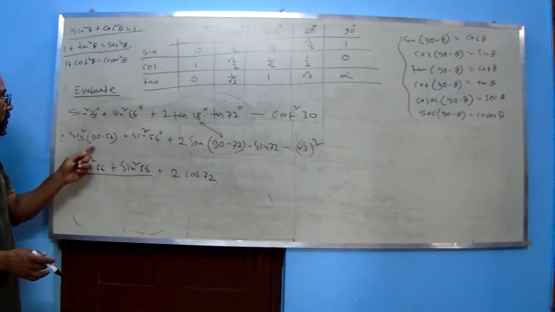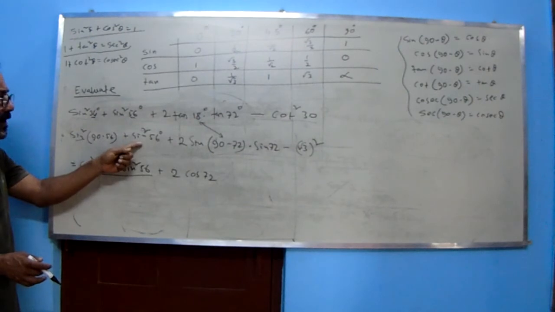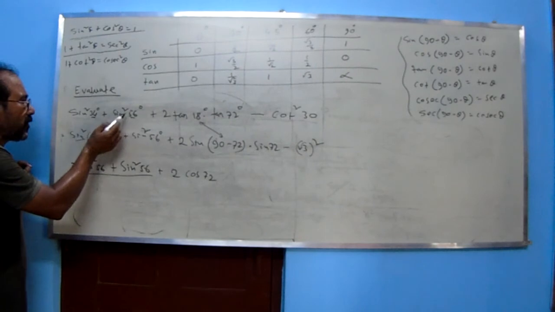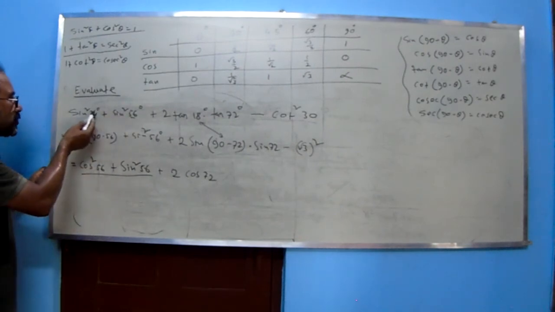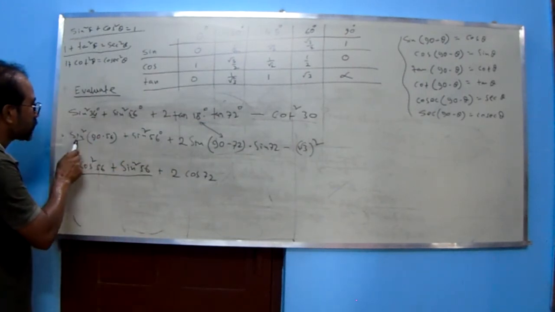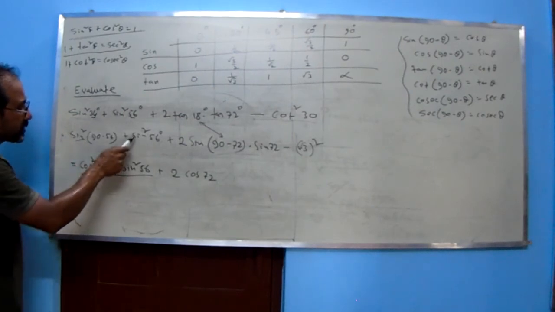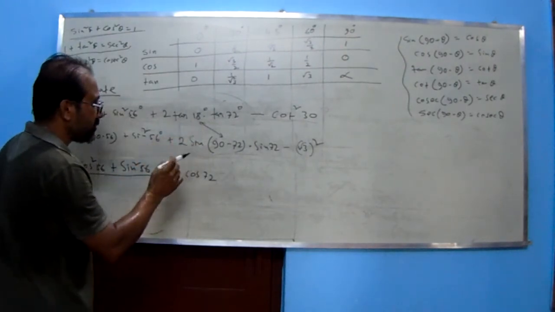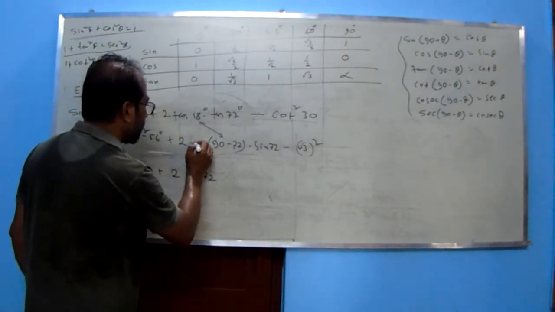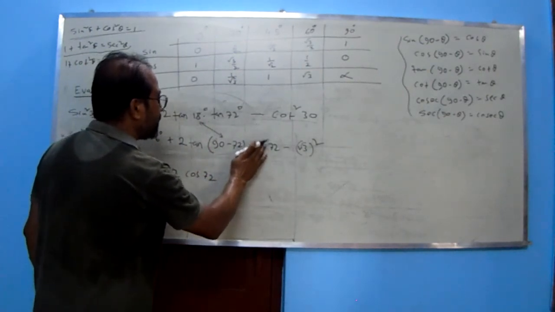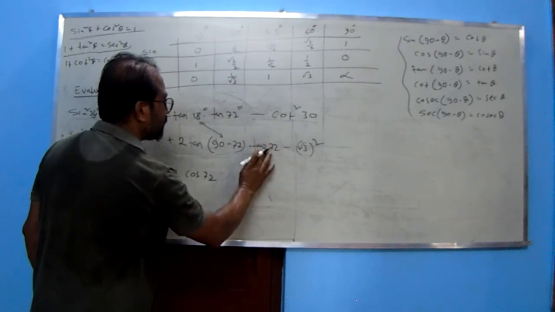34 degree means it is 90 minus 56. This should remain as sine 56 because 34 and 56 come as 90. So this 34 is to be changed over to 90 minus 56. So this is sine square 56. Sine 90 minus theta gives cos square 56, and with sine square 56 it is giving the result of 1. Now tan 18: here I should write tan 90 minus theta, and here I should write tan 72.